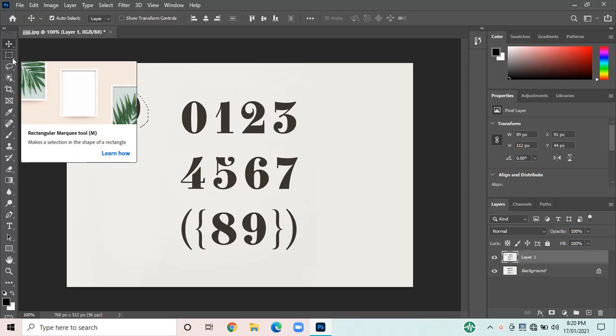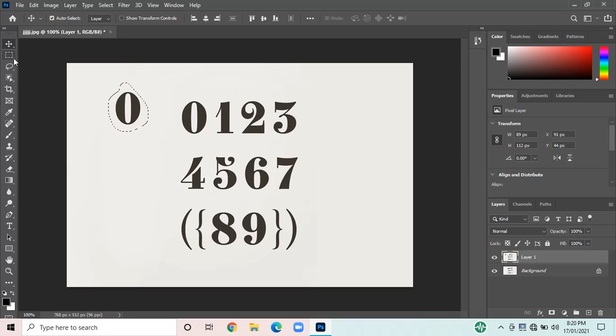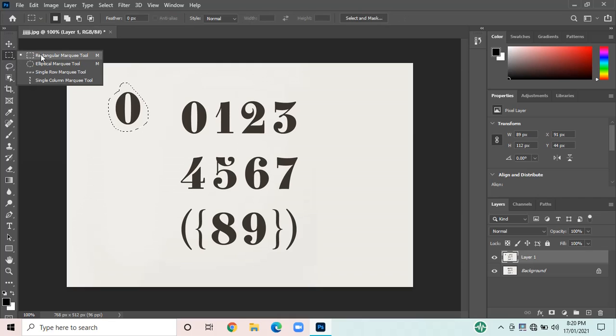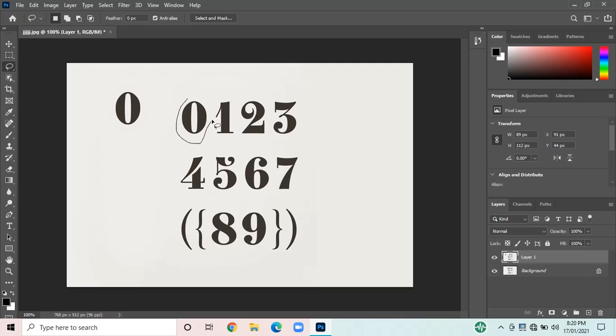Basically, the marquee tool and the lasso tool are both used for selection, but in the marquee tool you have specified selections, that is rectangular, elliptical, row and column. Whereas in the lasso tool we can customize the selection as per your need. If I press the Control key, you can see it's showing the cut symbol over that, and if I move, that part will get cut and moved. Let's see, again I will be selecting the part.